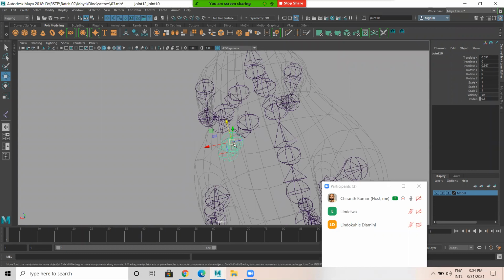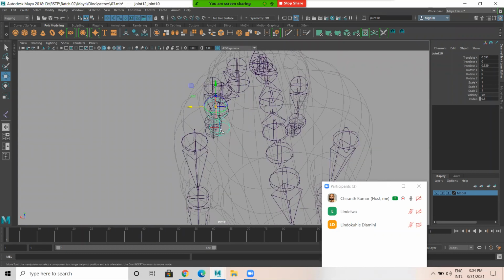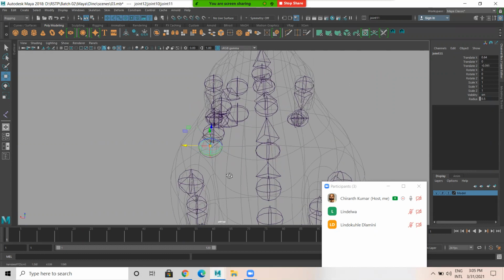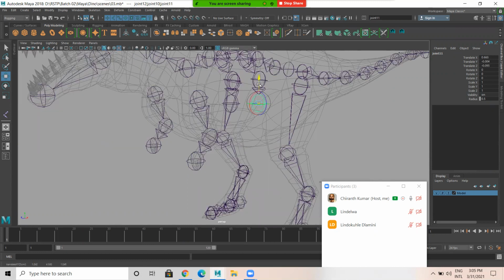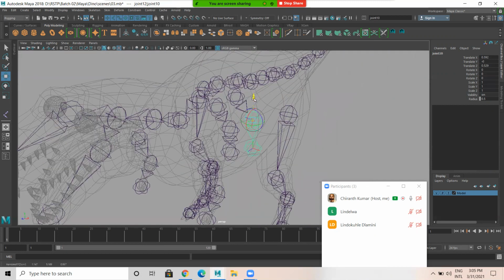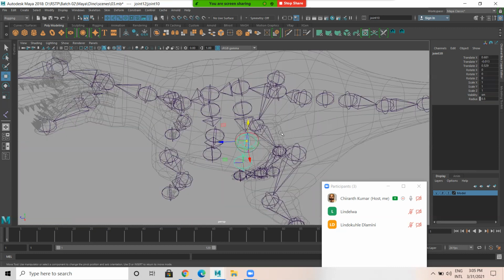And I select this and I move this a bit and I select this and up to here. Then again I select this.